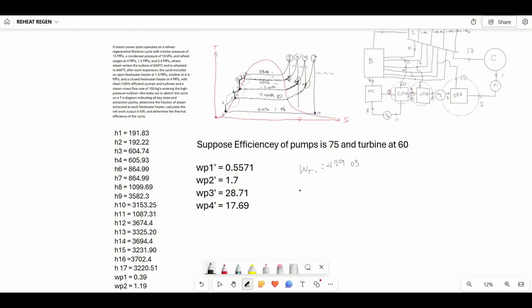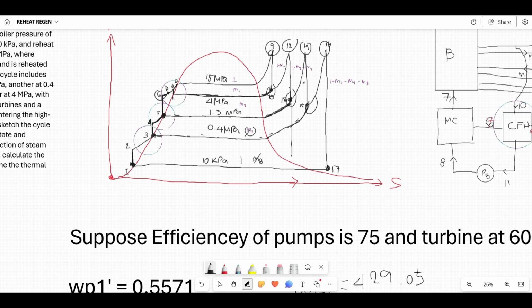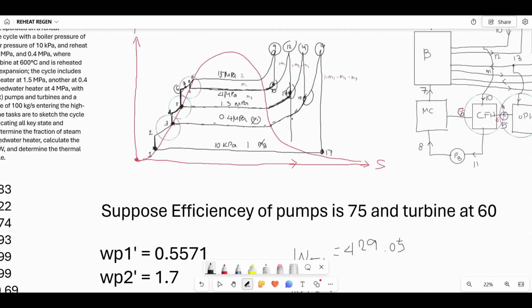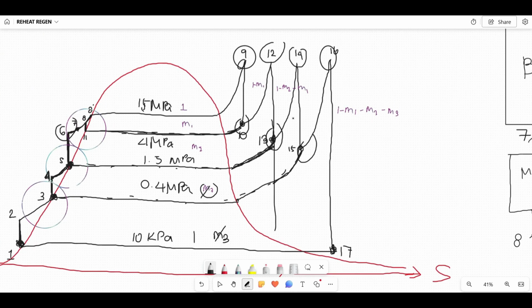So that's stage 1. Now the work of the turbine at stage 2 is